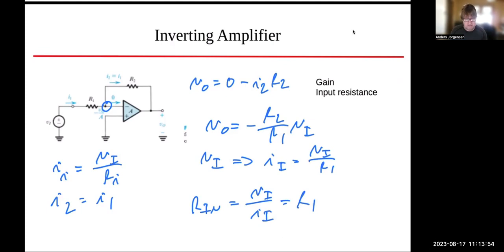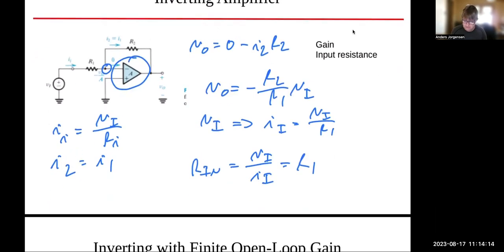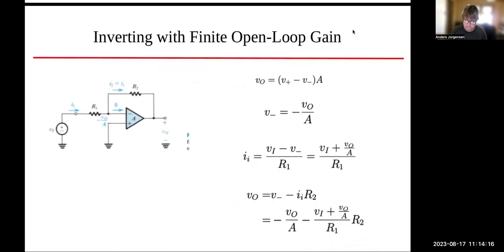So in this case here, we have assumed that the amplifier has infinite gain, okay? And that allows us to assume that the voltage at the inverting node is 0. Now let's look at the case when the amplifier does not have infinite gain. In that case, and here's some equations,